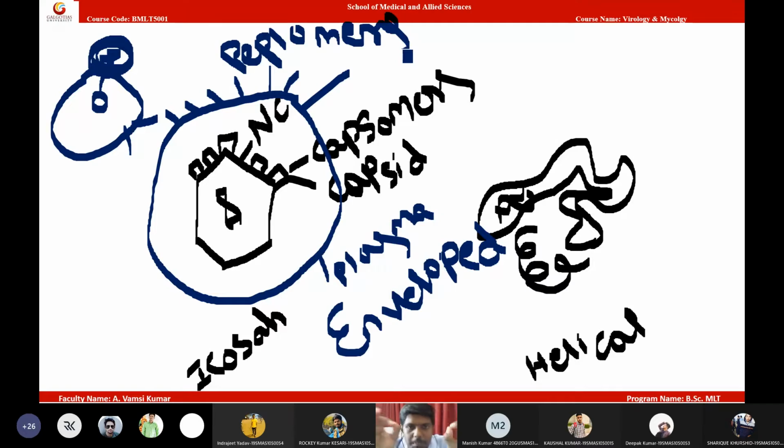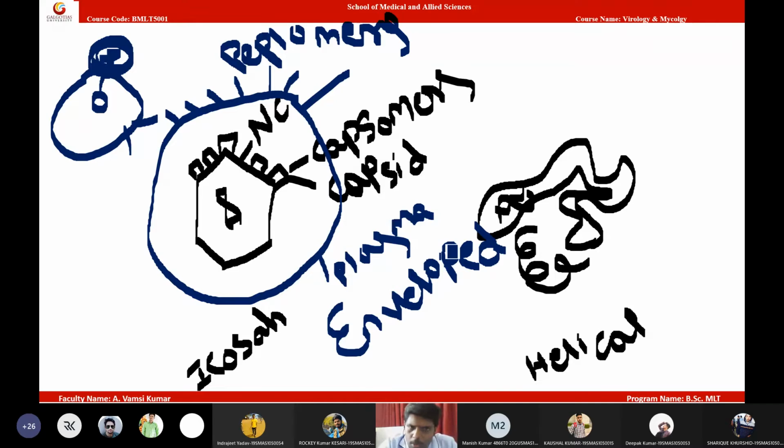So this is the basic structure of a virus. A virus will have genetic material. This genetic material is enclosed within a protein shell called the capsid. Together, the nucleic acid and capsid are called the nucleocapsid. On the surface of this nucleocapsid, we will see capsomers. Then some viruses will have a membrane, and such viruses are called enveloped viruses. To the membrane, we will find protein spikes called peplomers.